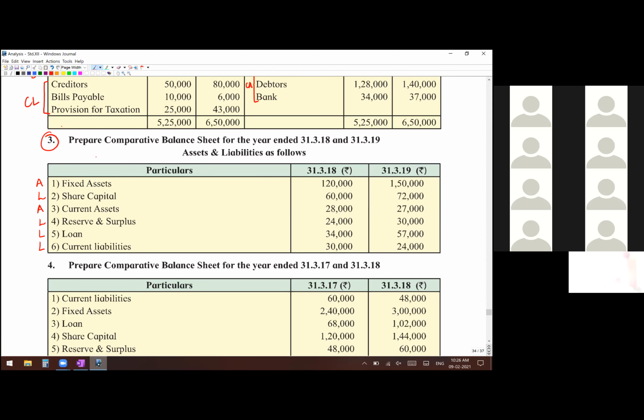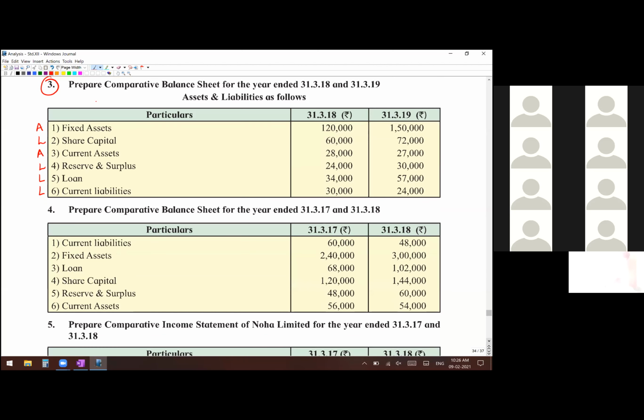Similar is question number 4, which you can try for homework. Okay, question number 4, we'll just mark here, that is today's homework. Just to give you a hint, you can write assets and liabilities there very quickly. Current liabilities, liability, asset, liability, liability, liability, and asset. So accordingly, you write under sources of funds and application of funds. Current liabilities, remember, goes on the other side with a minus sign. Okay. Try that and hopefully this balance sheet matches, because the previous one there was some error.